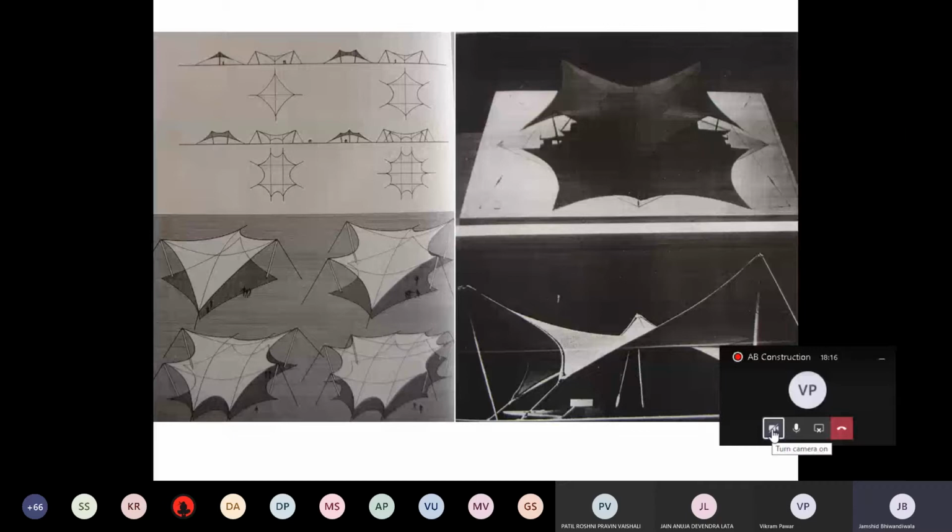Form making and its support system is everything that goes into the making of the shell construction. Soap bubble models, by conceiving the model, by conceiving the form with its support system,